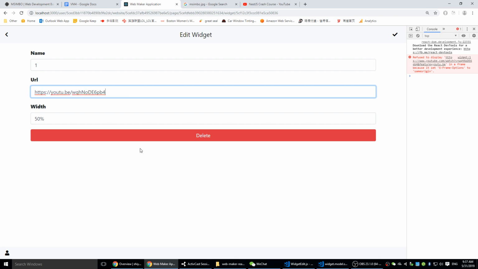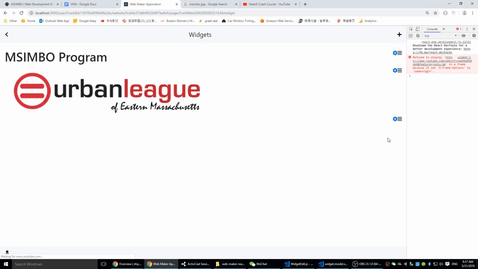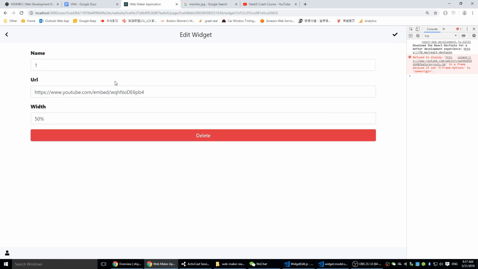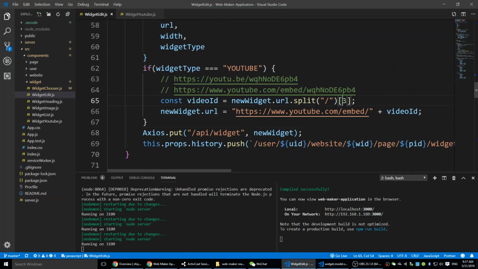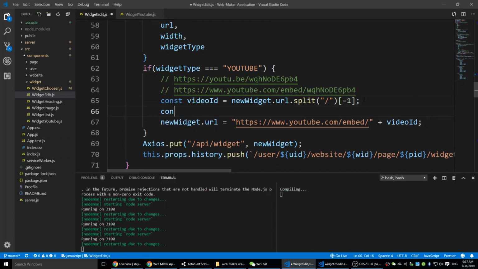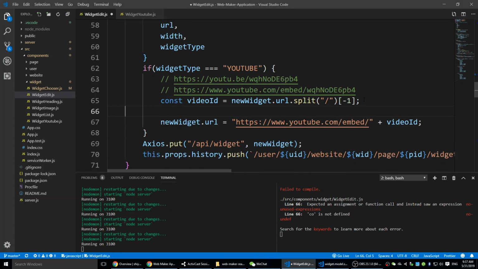Embed. What? Hold on. Let me check it. Oh, I cannot do that because if they want to update it, it's gonna be something wrong. I actually want to get the last part here. Last part, can I get -1? Is -1 the last one? Let me double check about it. Console. Actually, let me